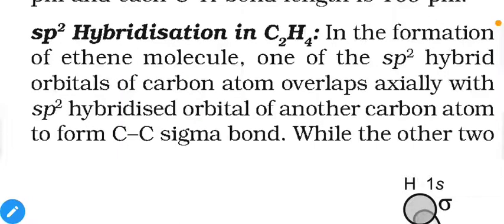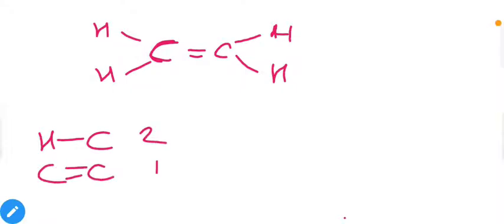So the structure of ethene will be something like this. One carbon contains 2 single bonds with hydrogen and a double bond with carbon. Both of the carbons have the same type of hybridization in this case as well, because if we observe the number of bonds around each carbon, they are exactly the same. Carbon contains two carbon-hydrogen bonds and one carbon-carbon double bond. You can see the first carbon has two carbon-hydrogen single bonds and one double bond with the other carbon. Similar situation for the second carbon: two single sigma bonds with hydrogen and a double bond with the other carbon.